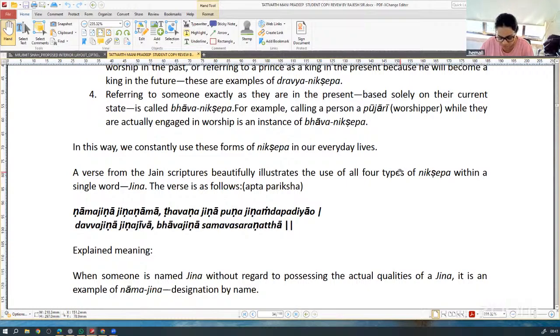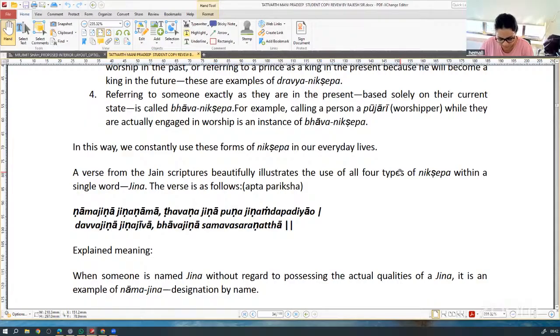A verse from the Jain scriptures beautifully illustrates the use of all four types of Nikshep within a single word, Jina. The verse is as follows: Apta Pratiksha, Nama Jina, Jina Nama, Bhavana, Jina Puna, Jinam da Jinam da Padiyo, Dava Jina, Jina Jiva, Bhava Jina,